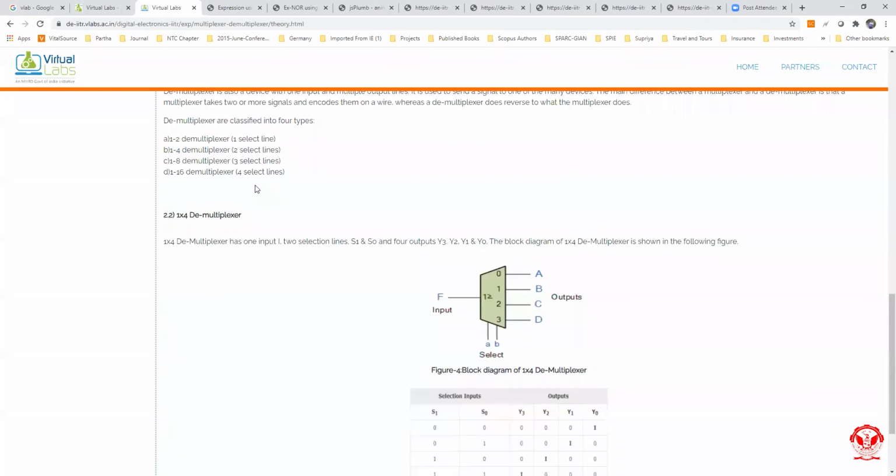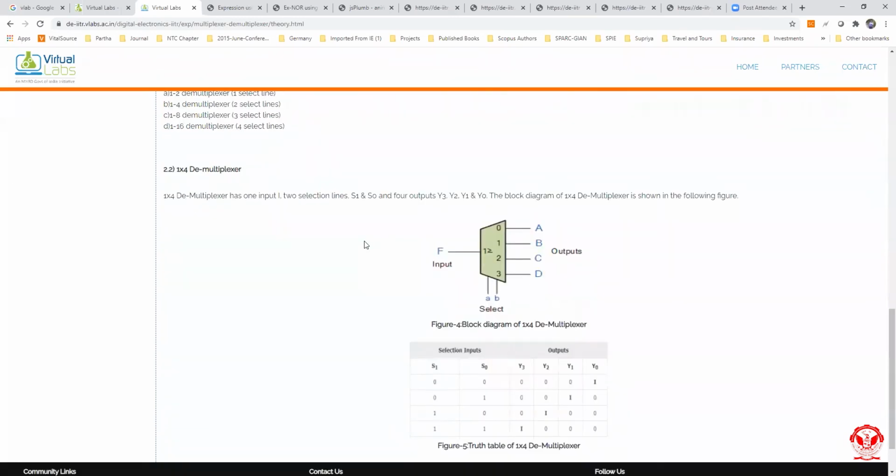Now what is a demultiplexer? A demultiplexer is also a device, with one input and multiple output lines. It is used to send a signal to one of many devices.